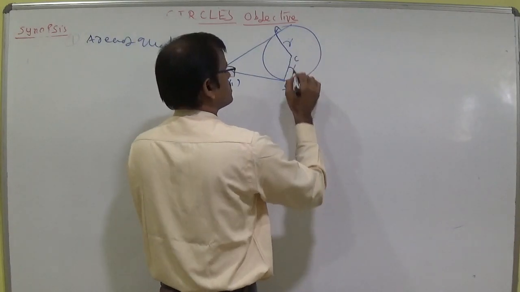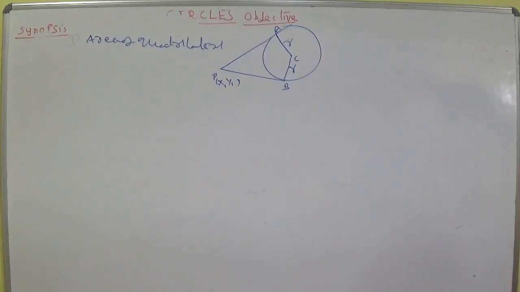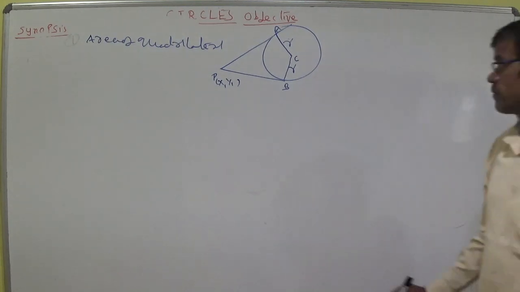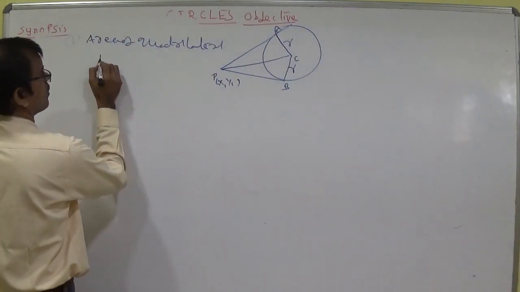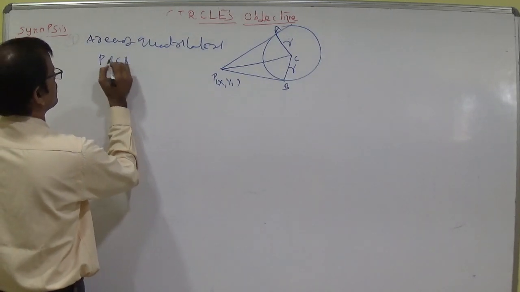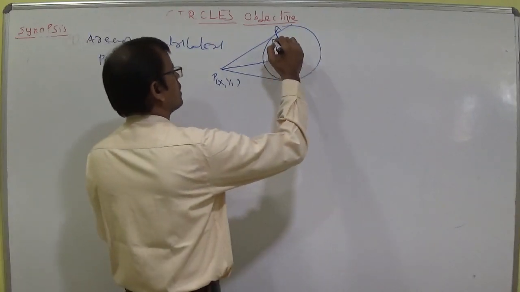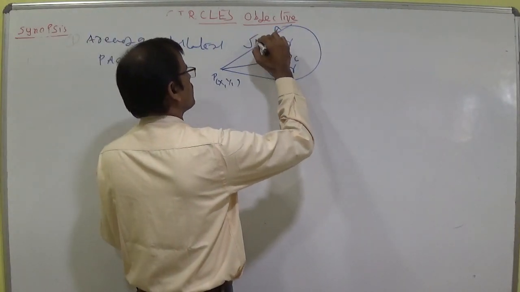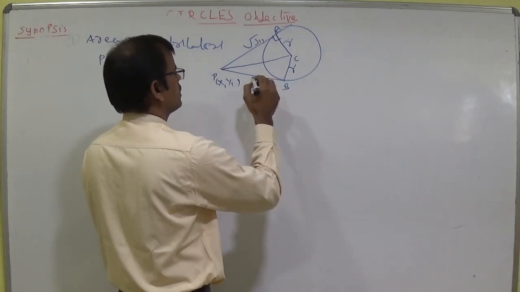This we can understand that this is radius. Radii are equal in any circle. Whenever radii are equal in any circle, then we can understand that area of quadrilateral is r into root S11. Already we have learned the proof. This area of quadrilateral PACB I am writing. Area of quadrilateral PACB is equal to, we have taken here this one as root S11 and this one as root S11. This is R and this is R.